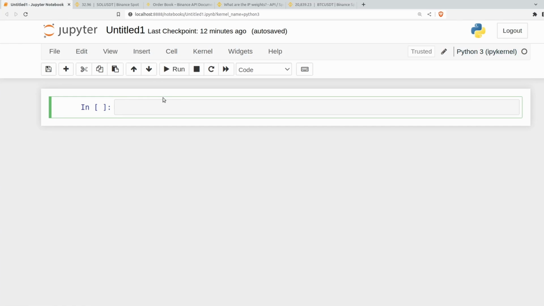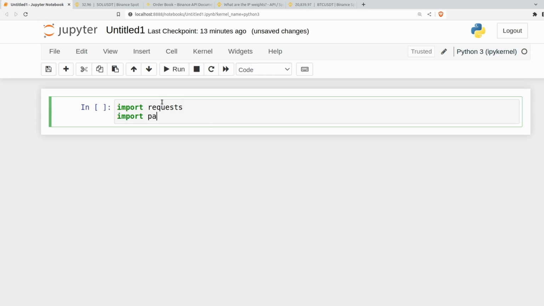So I've got a Jupyter notebook open here. We only really need two libraries for this. We need requests, and that's just going to handle asking Binance for the data basically. This is going to handle interacting with the API, so you definitely need that. And then I'll also be using pandas here. So pandas is going to allow us to do analysis on the bids and asks once we've actually downloaded them. I'm sure many of you will be familiar with pandas, and that's why it's a great platform to do any